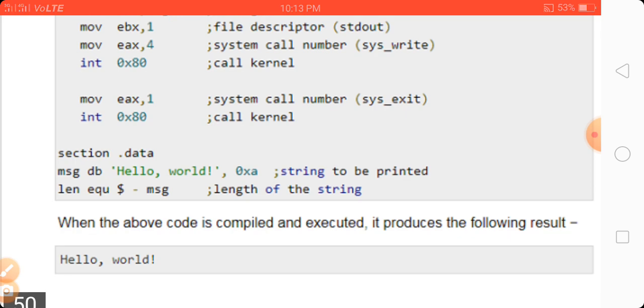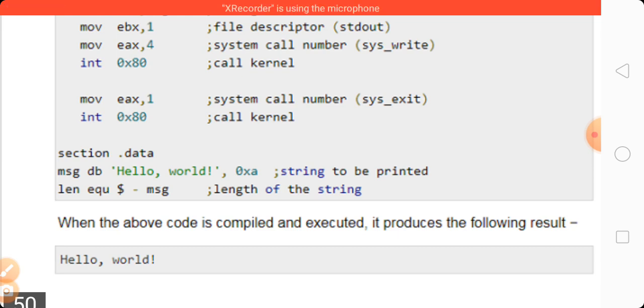Section .data, message db, where db means define byte, reserves memory for the Hello World string. 0xa, a newline, and the string is to be printed in the form of message.